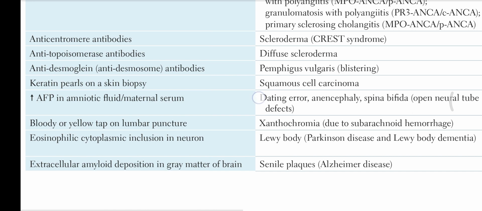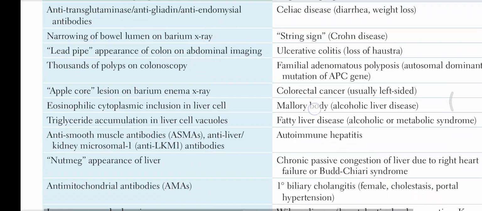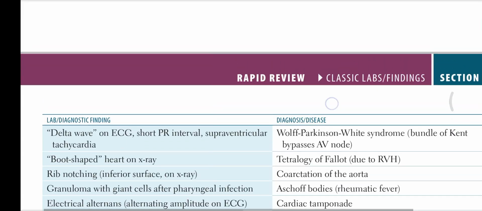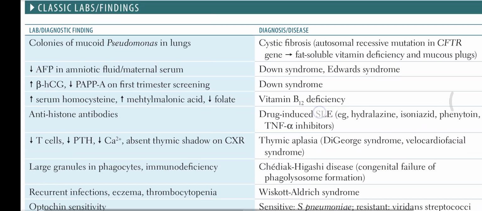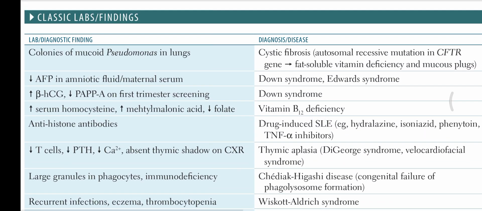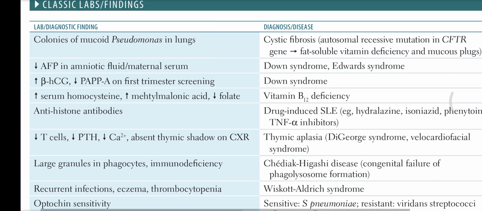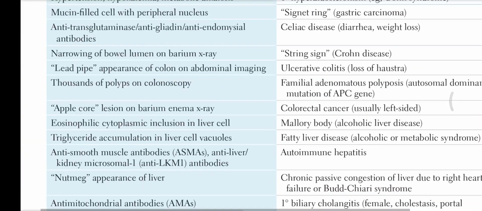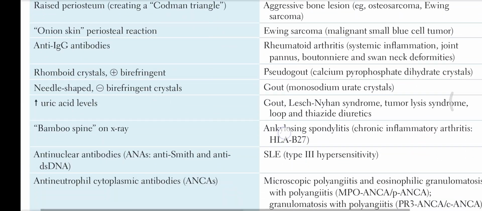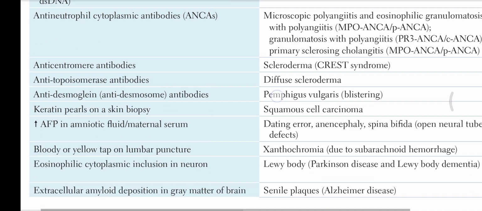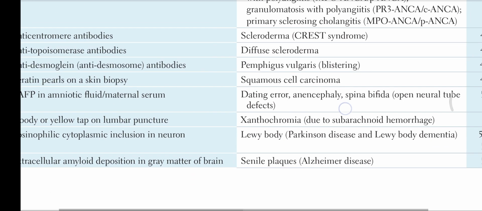There is also a decrease in AFP, which I have read recently, so let us check it out from there. Decreased AFP in amniotic fluid is seen in Down syndrome or Edwards syndrome. Increased AFP is present in dating error, anencephaly,